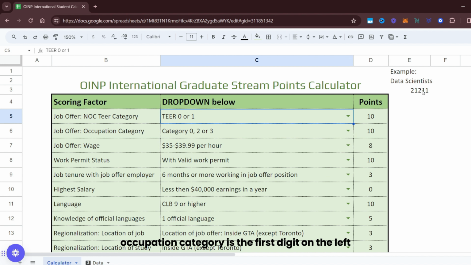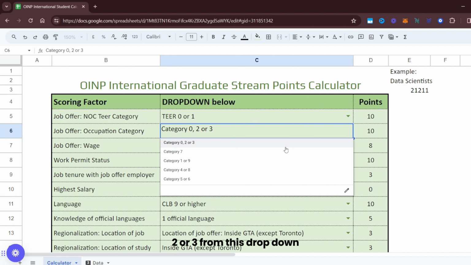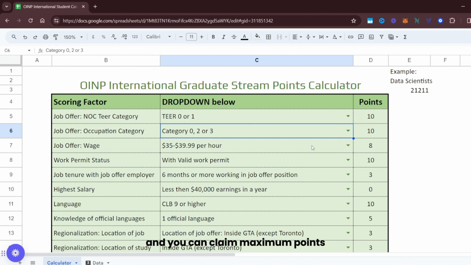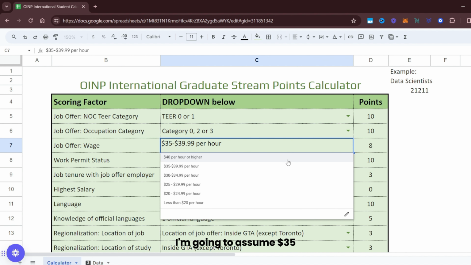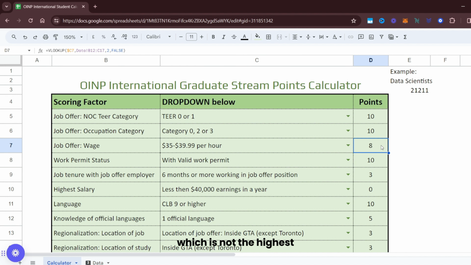Occupation category is the 1st digit on the left of your NOC tier, which in this case is the number 2. Thus, you will select 0, 2 or 3 from this drop down and you can claim maximum points. So this is perfect. You're getting maximum points so far. For your job offer hourly rate, I'm going to assume $35, which is not the highest, but you get 8